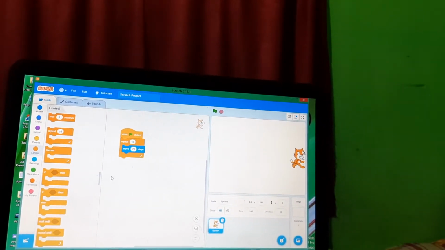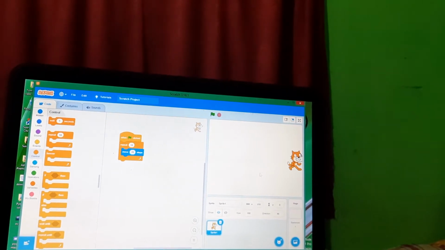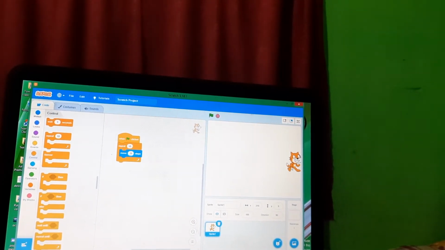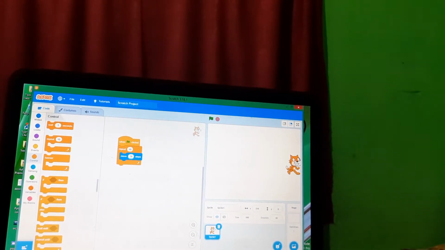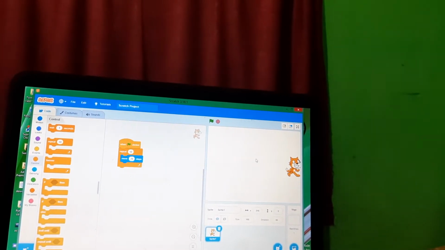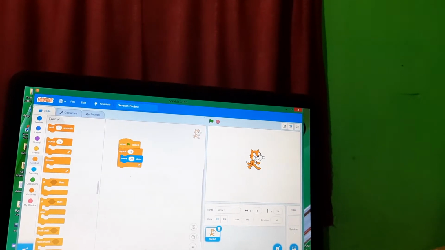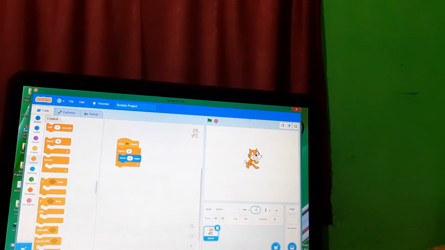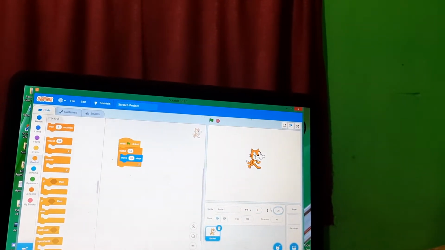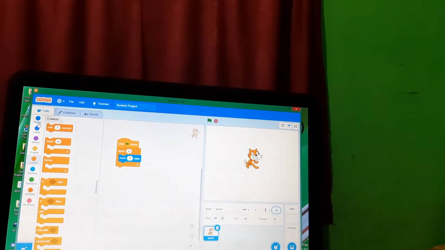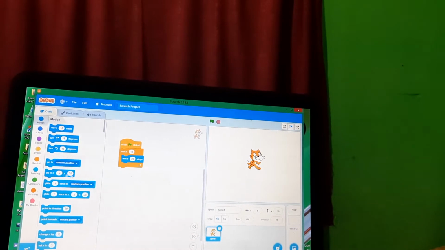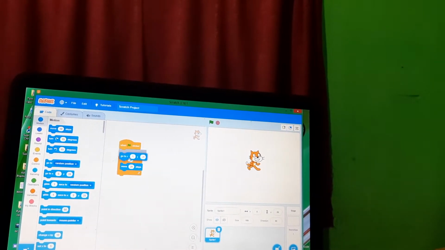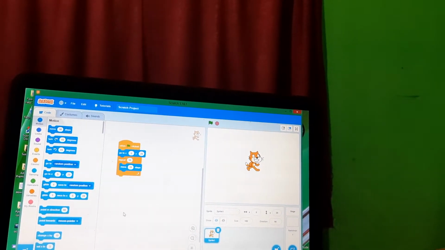Suppose when it is moving 20 steps, I want my Scratch to come back here. So what will be the point every time? Okay, x axis is 5 and y axis is 28. You will go to the motion block, where it is already given, and every time it repeats, it will first come back here.